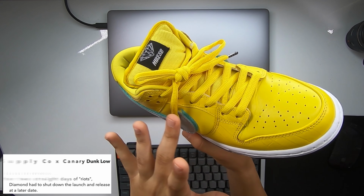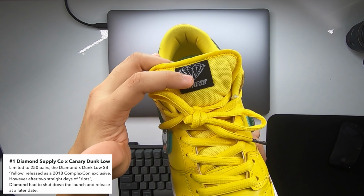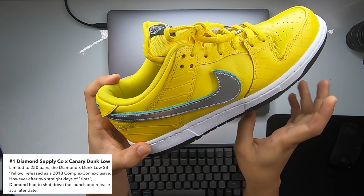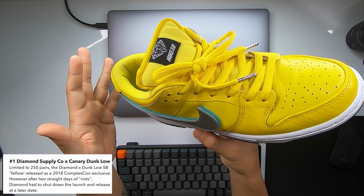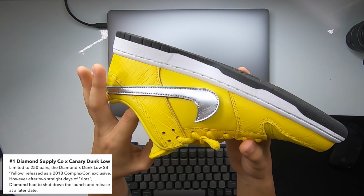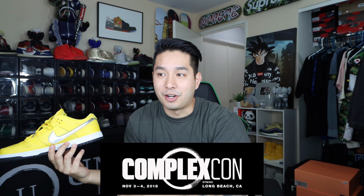So it is that all yellow shoe, and it is from Diamond Supply Co. You guys can see that branding over here on the tongue, reminiscent of the original Tiffany Dunk that started it all for me personally from sneaker collecting, and just a really cool design. You guys should know by now that I love the color yellow, so this was definitely on my must cop list. For me, my first trip I ever made to the mainland for sneakers and stuff was at ComplexCon, and